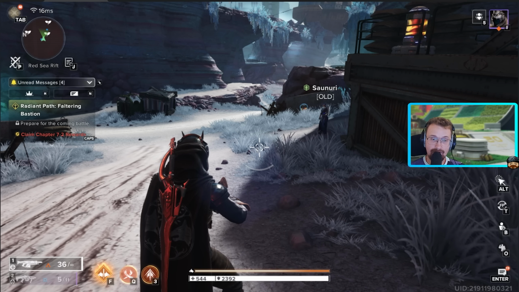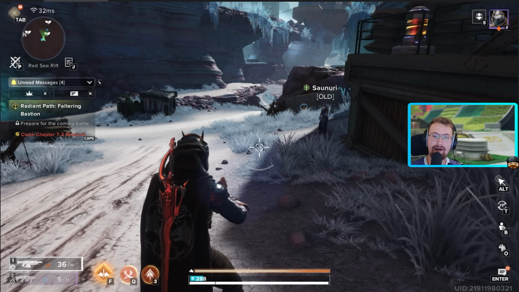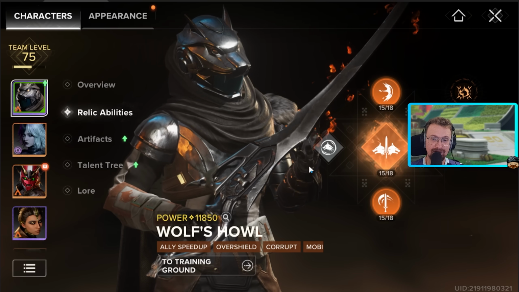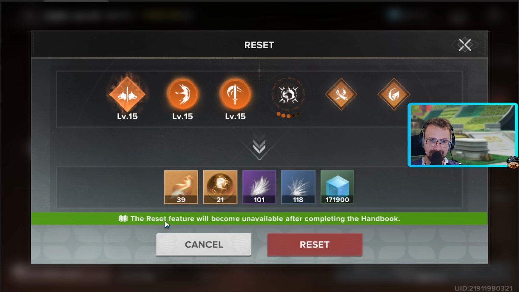If you're playing Destiny Rising and making your way through the campaign, do not complete it. You can go all of the way till the end, but don't claim this final reward until you've gone through your characters and reset everything. I'll explain why. When you go to the Relic Abilities section, you'll have the option to Quick Reset, and this